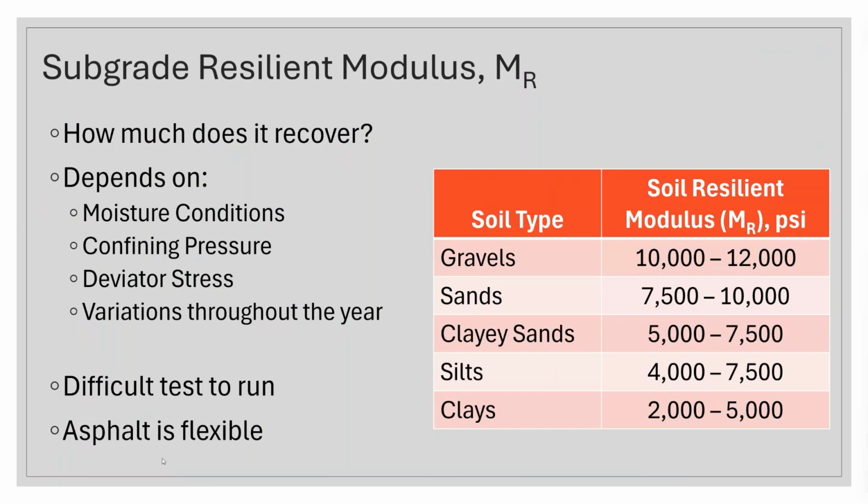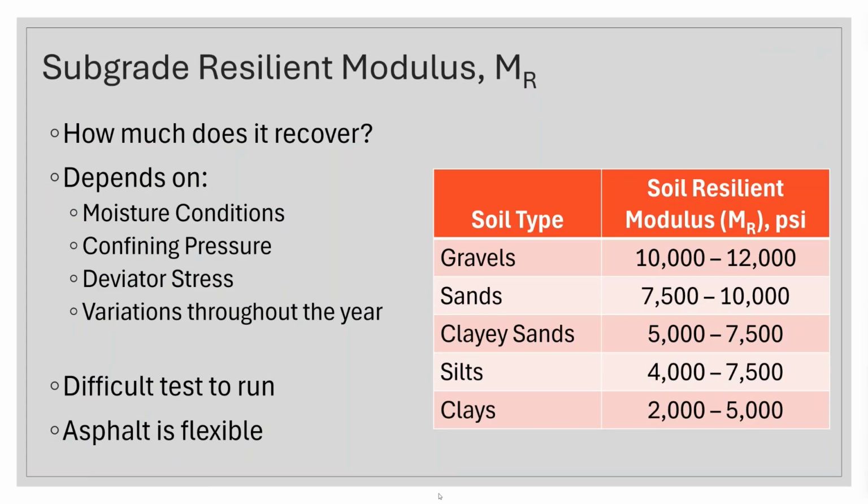Now, to really run a resilient modulus test, it's a little bit complicated, but we would like to know what are those numbers. This is one of the key inputs that we're going to use in pavement design. So we need to know what are some normal sounding numbers. And a lot of local agencies don't have big testing labs and things that they can fall back on to run a lot of these tests. So we need to know kind of what categories sound like normal numbers.